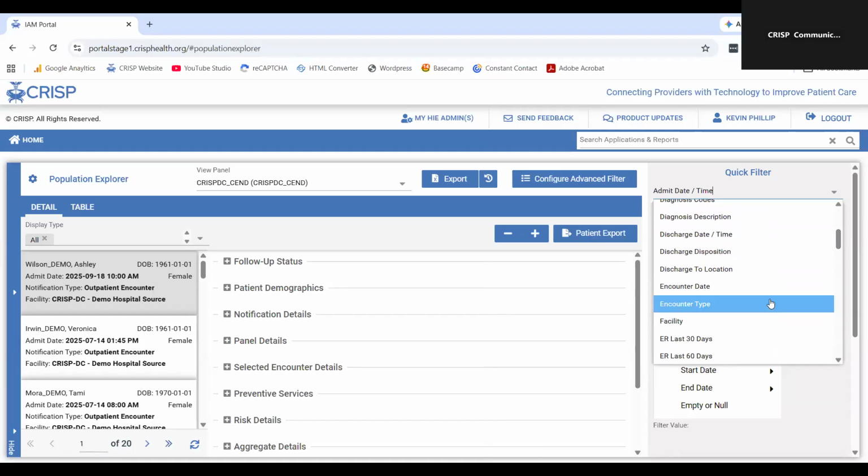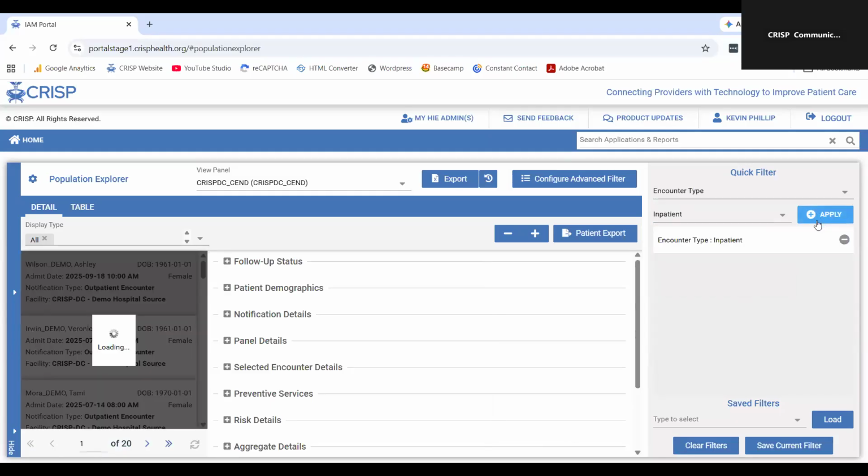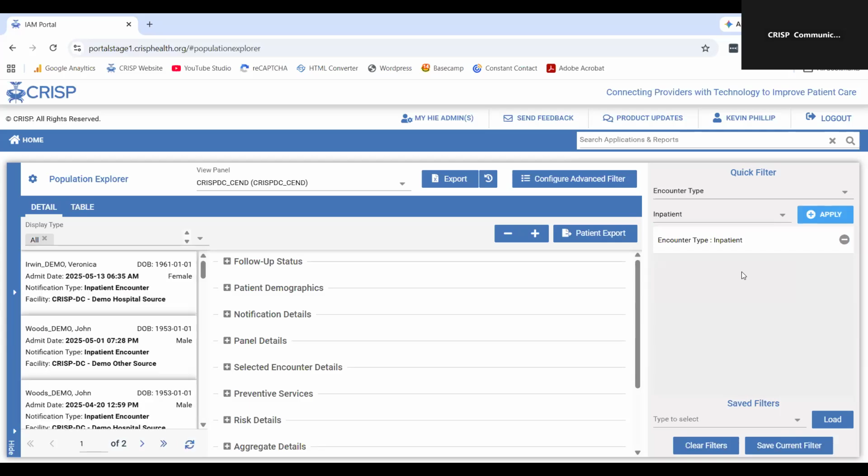We have some that are a pick list. So if I go to encounter type, it will actually display the four different types that we have in the field itself. So this is a great one. If you want to just look at inpatient encounters, for example, you can add that in. What you can also do with filtering is you can add in